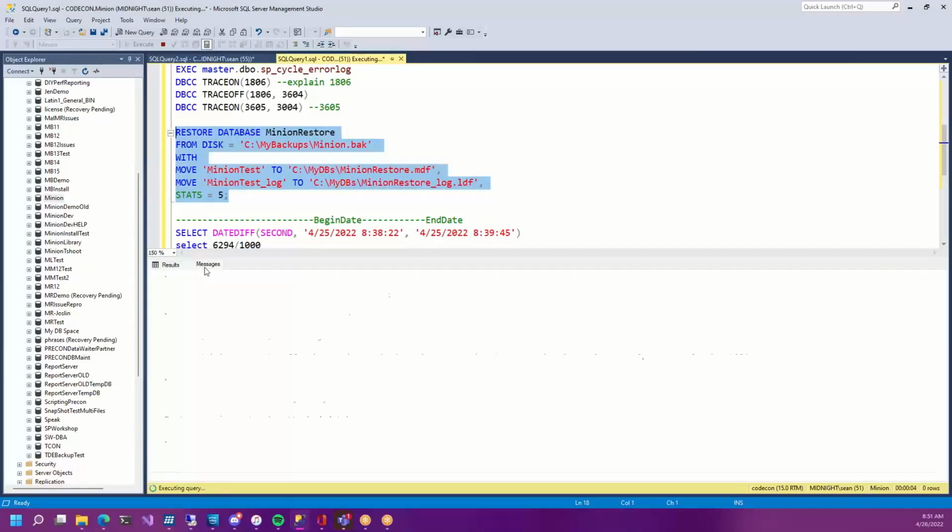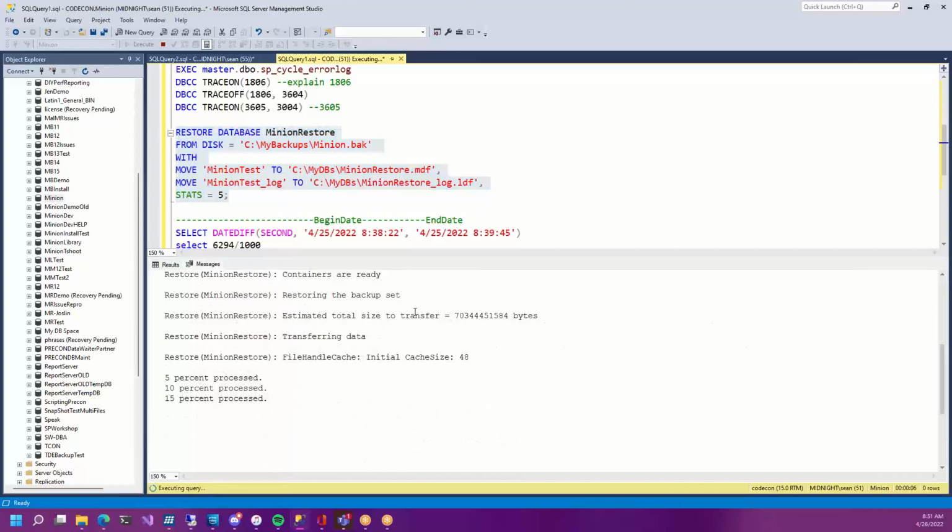We'll look at the messages. It's putting it out to the console anyway. I must not have run that right. So trace off 3604. It should have. Anyway, so